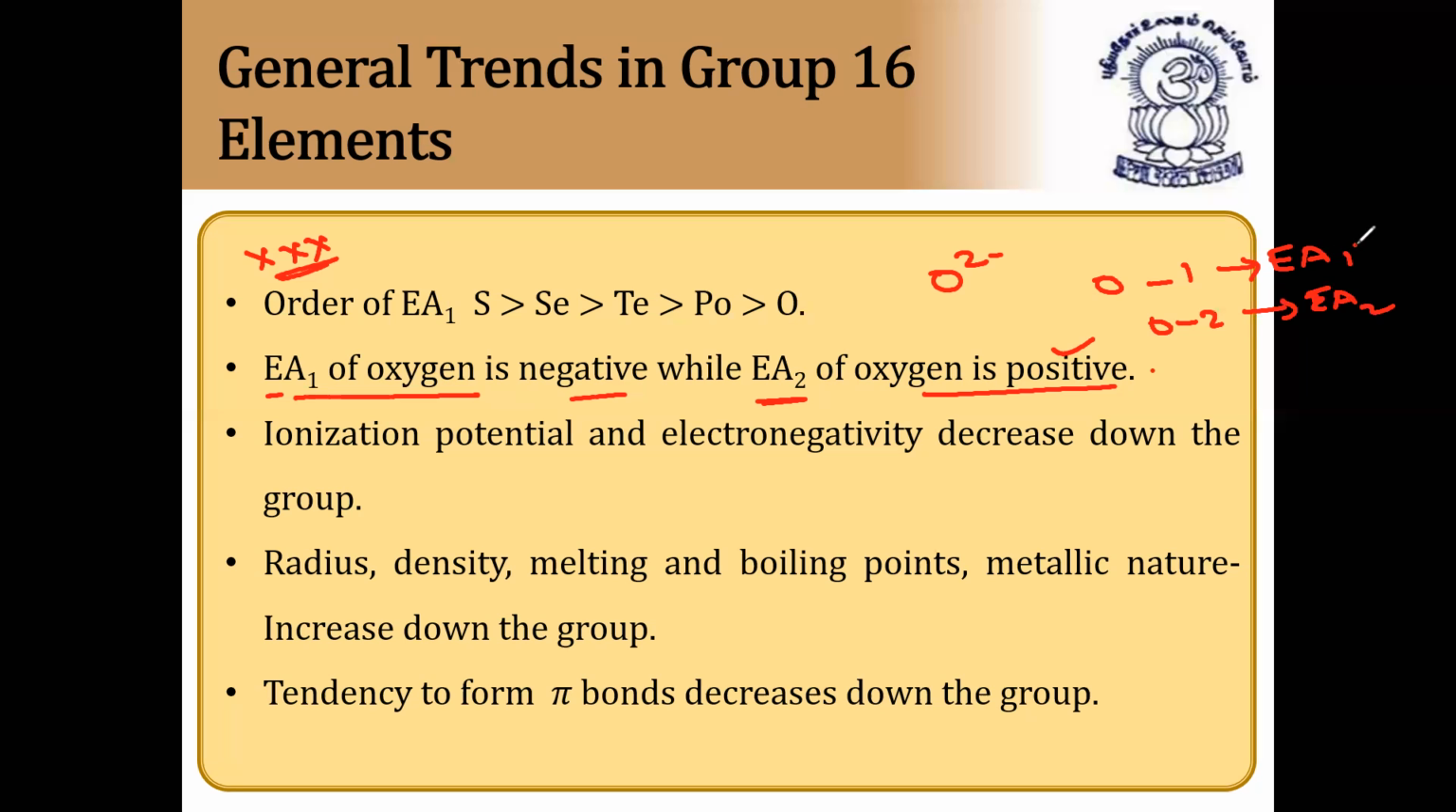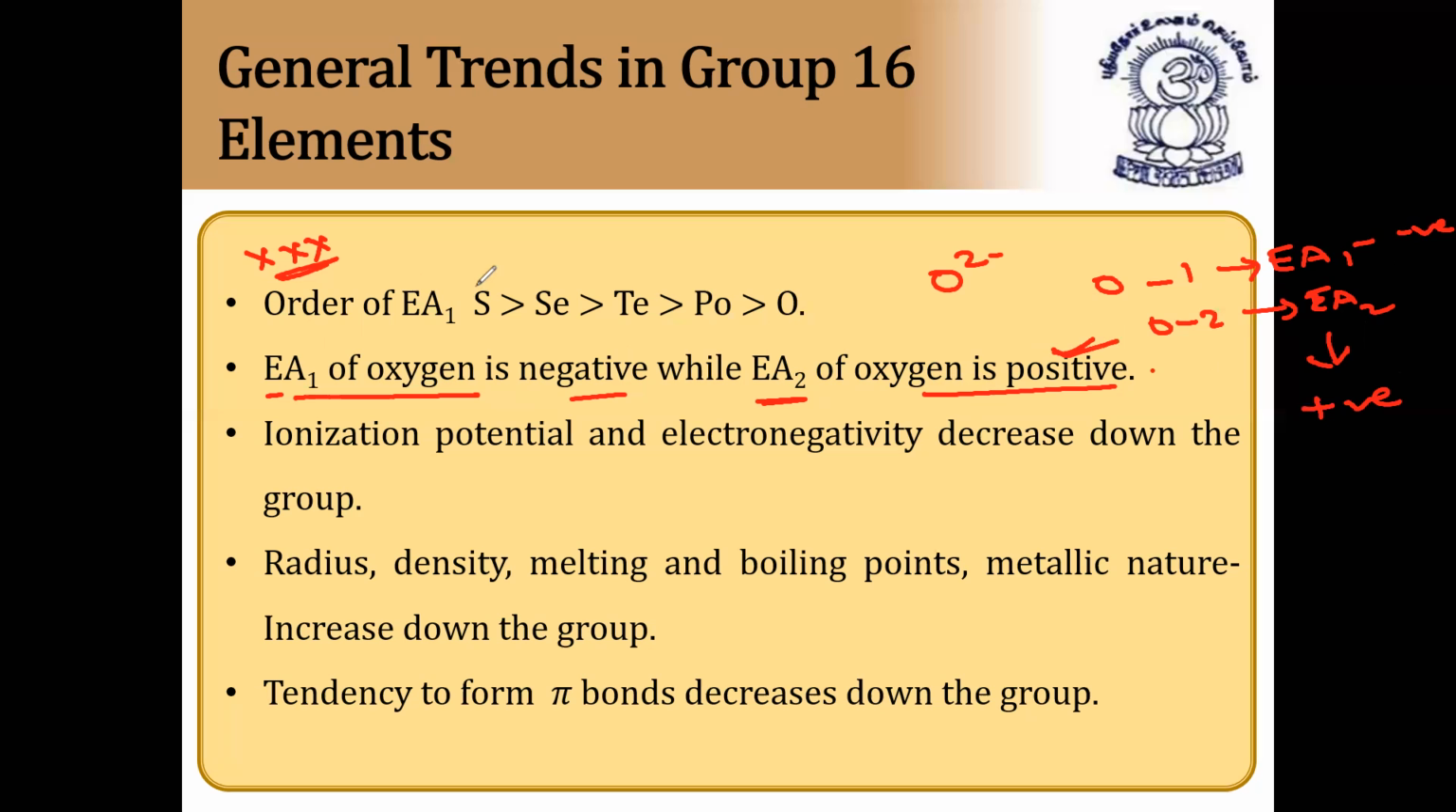Electron affinity 1 is negative because it is an exothermic process, whereas electron affinity 2 is positive because it is an endothermic process. So the second electron affinity of oxygen is always positive. Remember this point. And the electron affinity values of